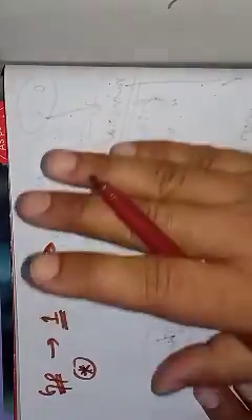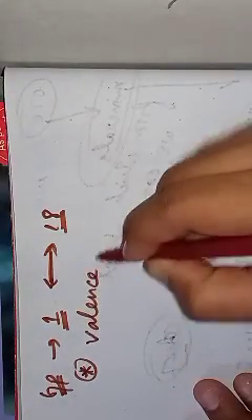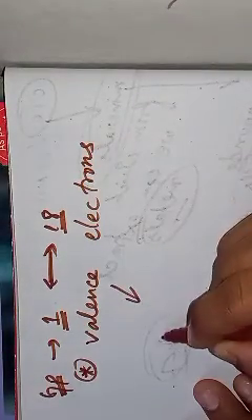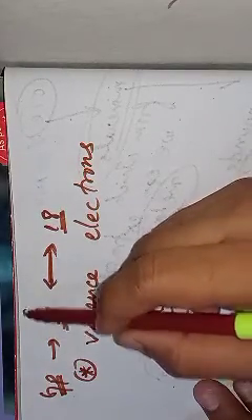Okay, they are not numbered by choice, they are not numbered by wish. No, there is a scientific mathematical reason behind this, and that is the valence electrons, and that is valency. Okay, so the first group elements,